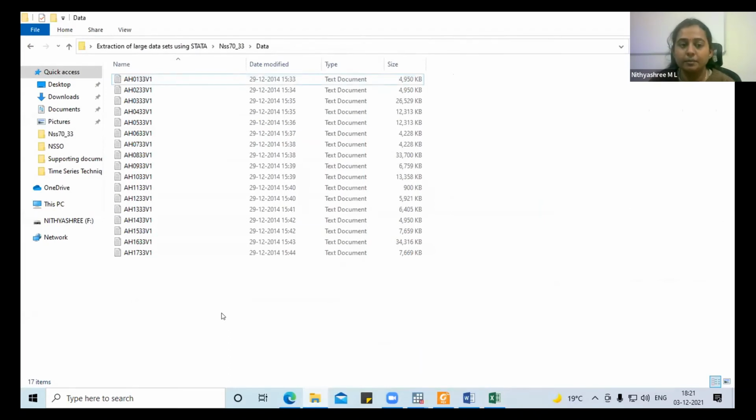Okay. And where is the point of reshaping and merging? Why is it necessary? When you repeat this process, you will have similar 17 files in the form of Stata, right? And all these files will have different information. For example, this is the demographic information, and this will be activities, whether he is doing agriculture, farming, fishery. The third one will be MSP, whether he is aware of MSP. And the fourth one will be insurance. All this information you have to bring into one file, so that you can use the entire database for your analysis. So how do we do that?